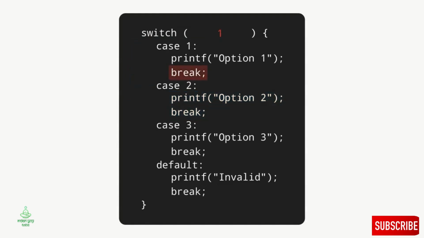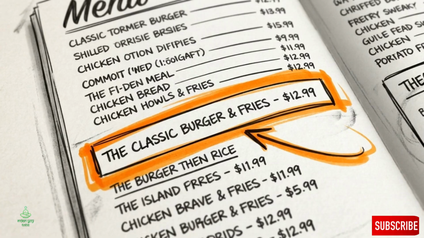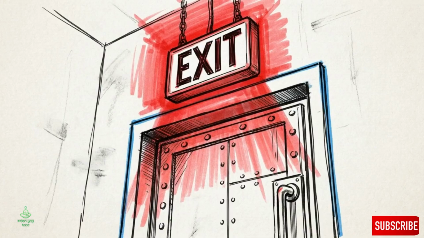But you must tell the program when to stop. If you omit the break keyword at the end of case 1, the execution flow falls completely through the floor and incorrectly runs case 2 as well. The switch statement is a targeted jump mechanism. It gets you to the right place instantly, but it absolutely requires manual exit signs to function safely.